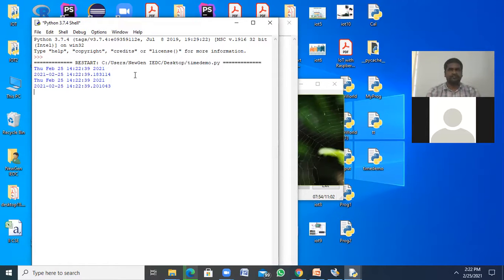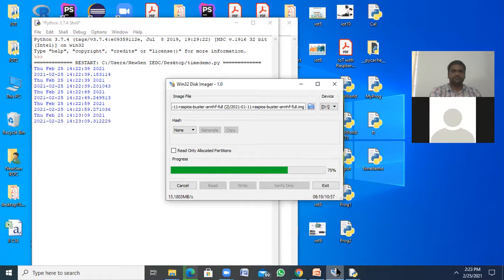It's taking the sleep of 10 milliseconds. See, the first one is ctime. It shows the string-based content, followed by now. Checking whether it's right. 70% is completed.